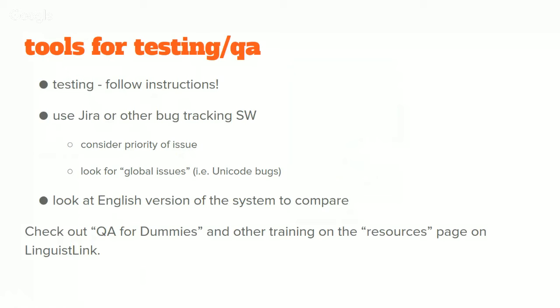For QA, most clients and developers use bug tracking software like Jira. And I think some of you use Jira. It's becoming very widely used, I think. So to report a bug, if you're going through a website and you see a bug, you'll need to be able to capture a screenshot. And to do that, I use a system called Jing, J-I-N-G. And I capture the screenshot and then I can upload it into Jira.